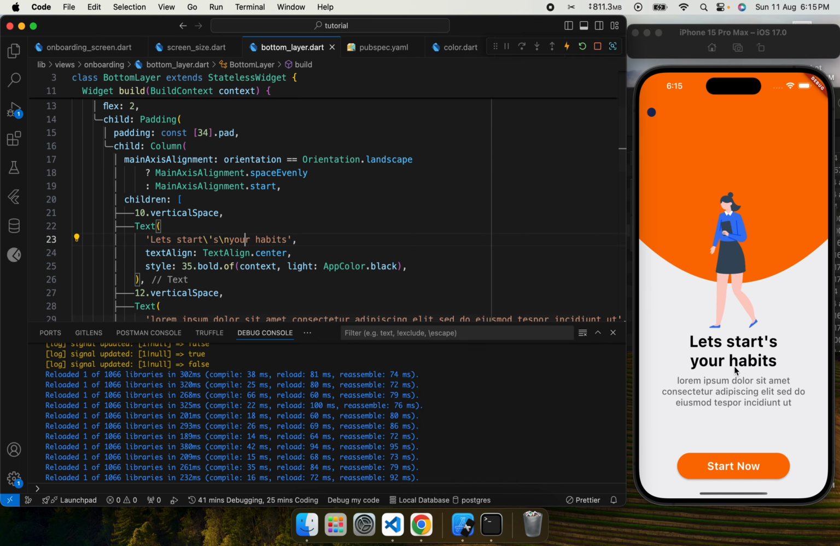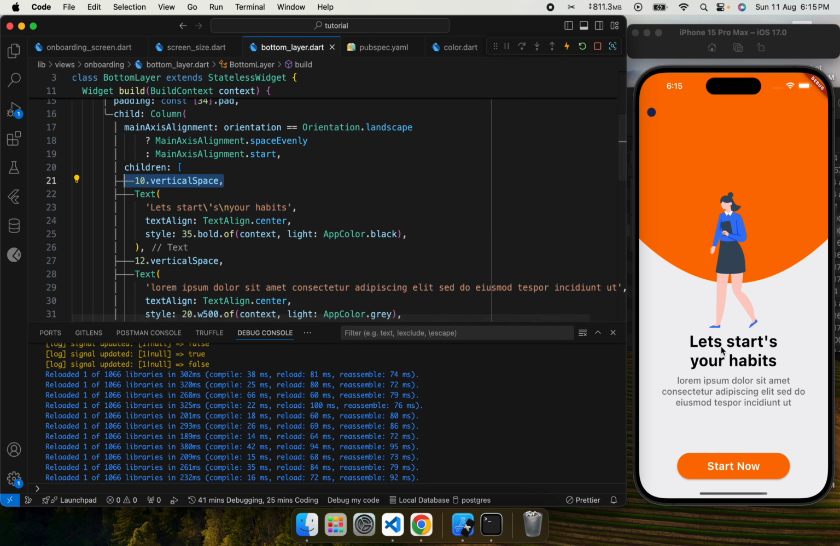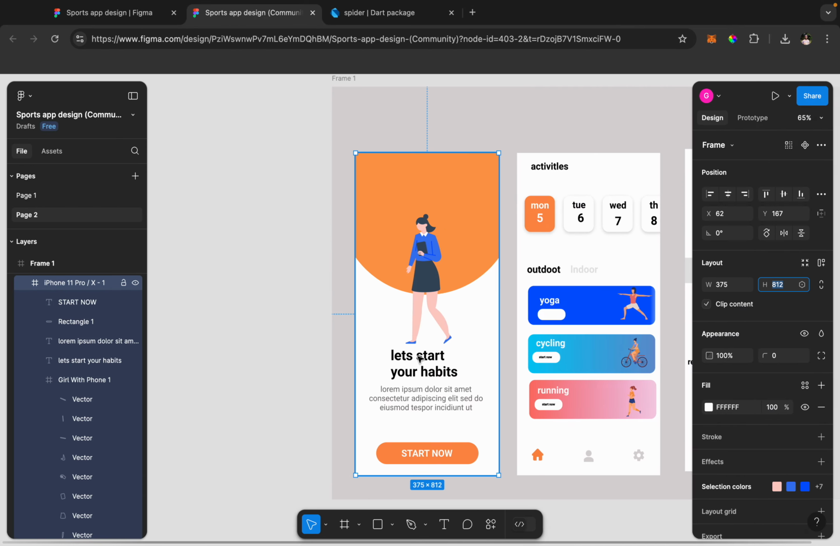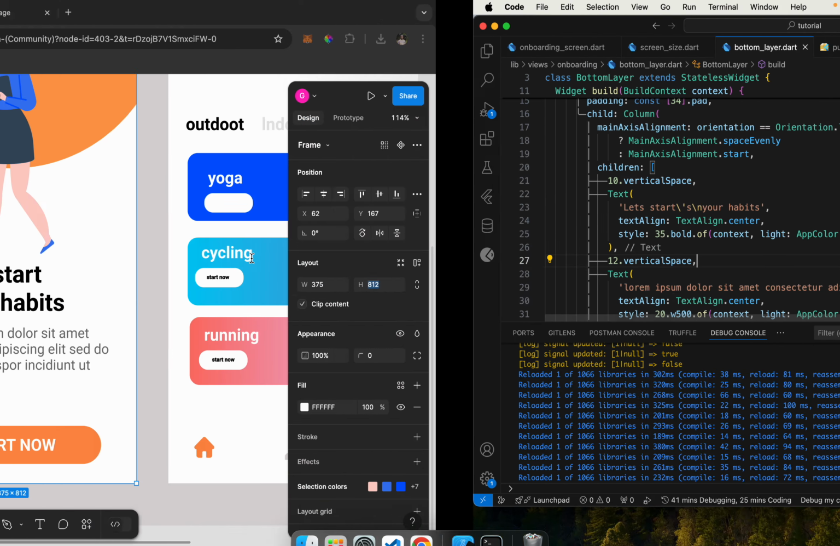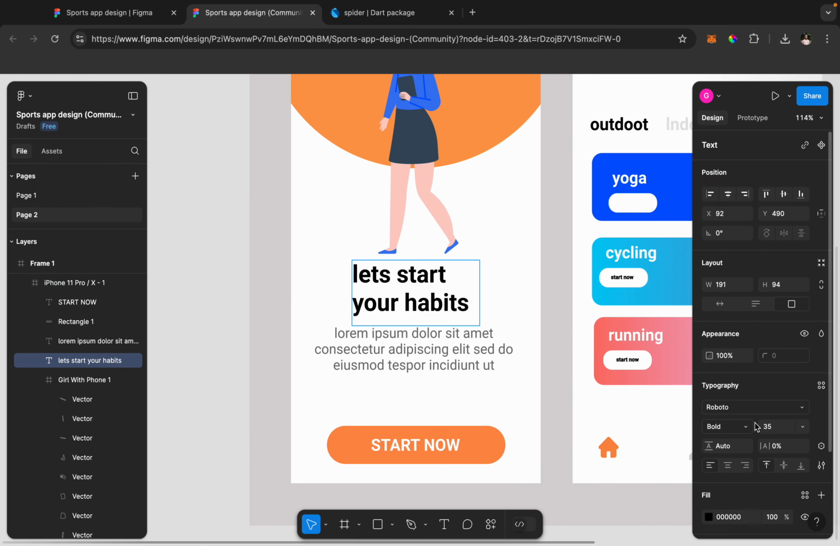Then there's a little bit of space here, like a 10. So we have 10 dot vertical space. We have this text that said, let's start your habits, right? Let's start your habits. And that is also what we have here. Even though this design is not properly aligned, when you click on the design, you see that this